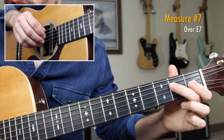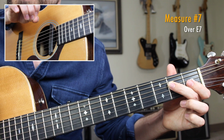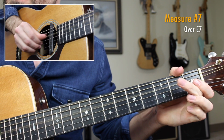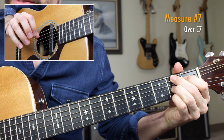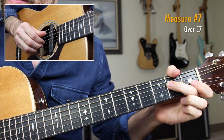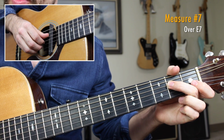Okay, then we're going to have a new lick to transition to the B7 chord shape. It's going to sound like this. Alright, very, very Stevie Ray Vaughan influenced here. Hammer on to that 2nd fret of the D string, then follow up with another 2nd fret of the D string. So open to 2,